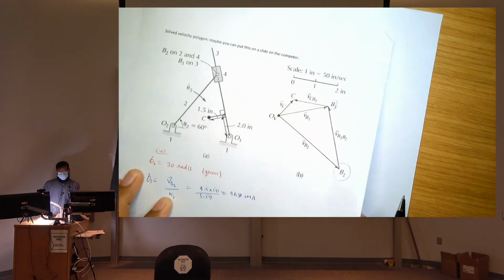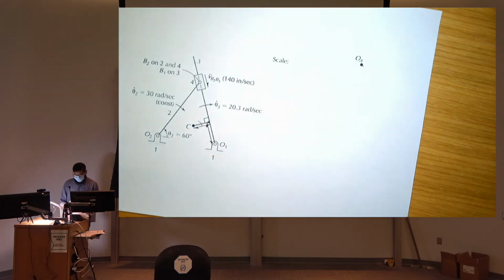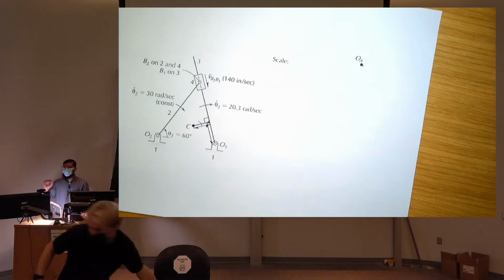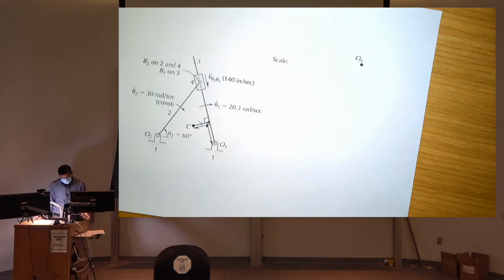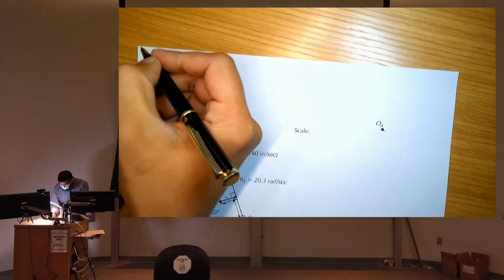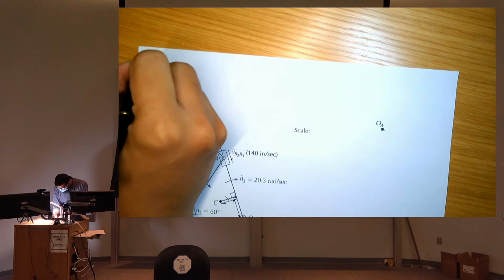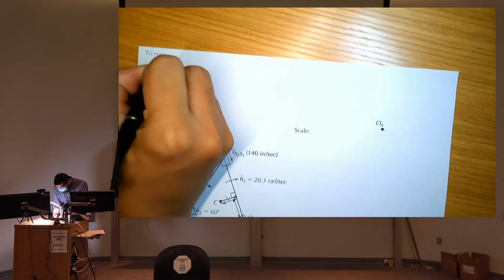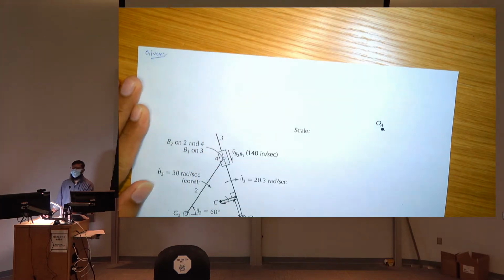But this doesn't happen with acceleration. So in order to find the acceleration points on the acceleration polygon, you have to do a little more complicated things. So let's just start with the first one. So what do we need first? What are we given? Again, sorry for my bad handwriting. Whenever you don't understand, just give me a heads up.